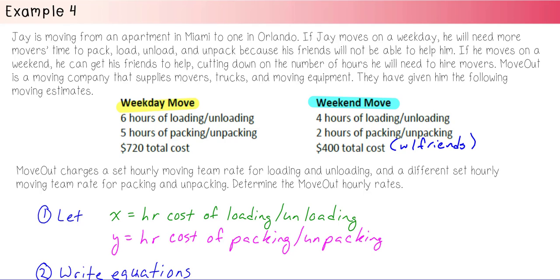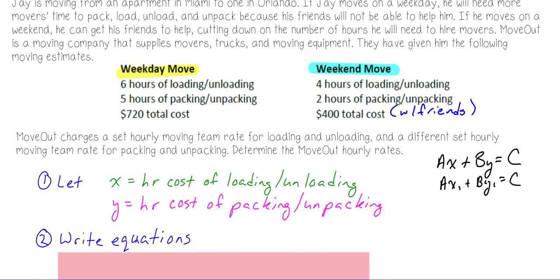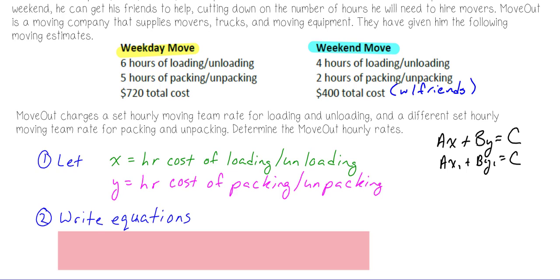And remember, when we're talking systems of equations, that's when you're using AX plus BY equals C, and then you're going to do another AX plus BY equals C. So there'll be two equations that we're going to use. So the first thing we want to do is write the equations. So remember,